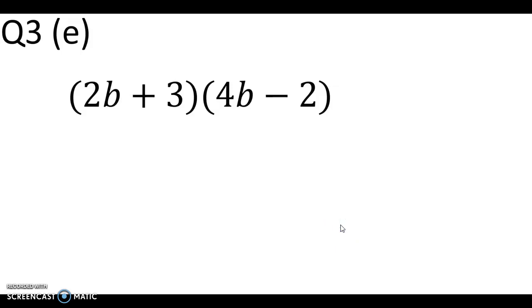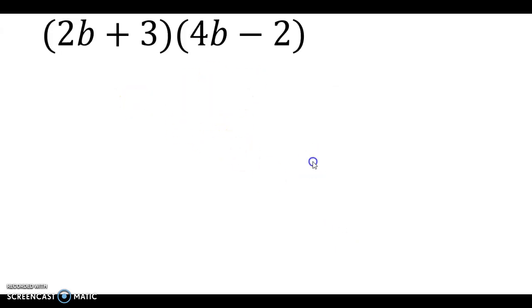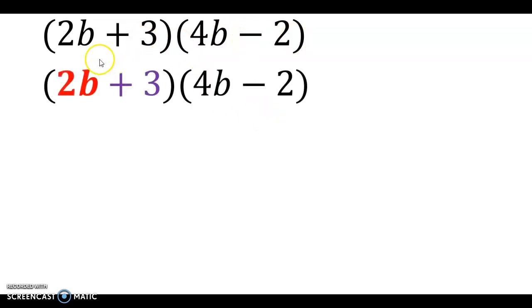Last but not least, 3e, and this is the question. So again, multiplying these out, do your tip first of all, which of course is to change the first term into red and the second term into a different colour. That's your tip. And then you just say to yourself, okay, it's the first part of the first bracket, which